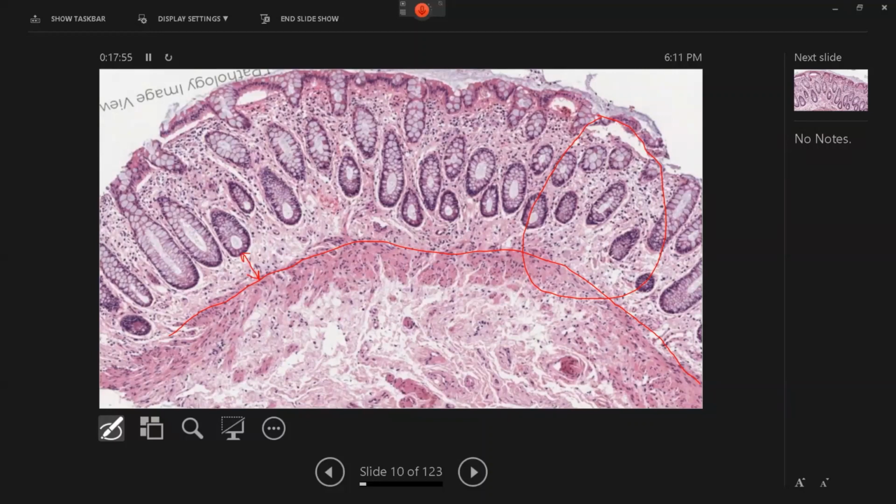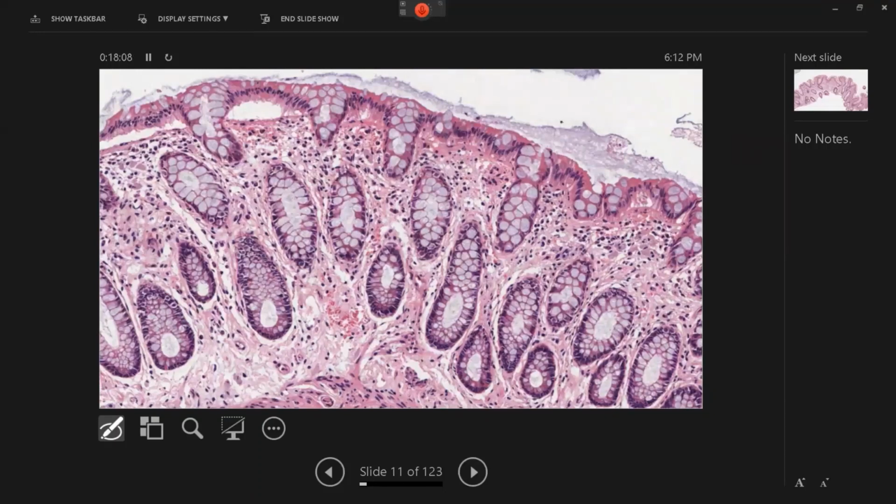So if we think of these features properly, then there is definitely a crypt shortening, which you are able to highlight, and you are able to see that most of the crypts look slightly flattened.